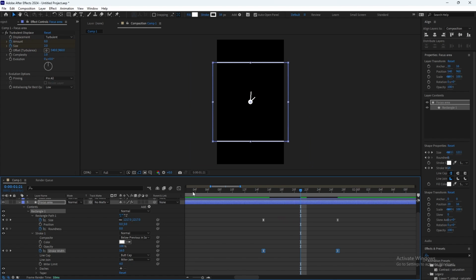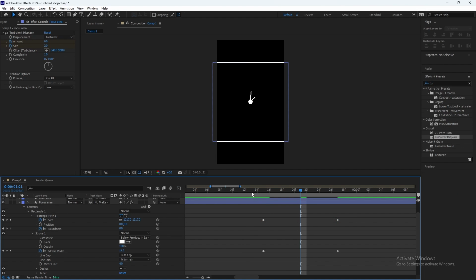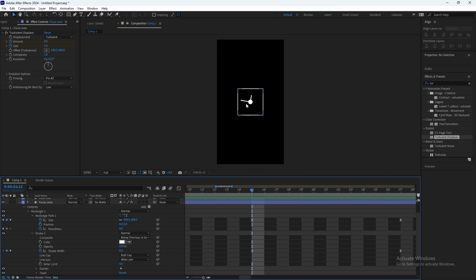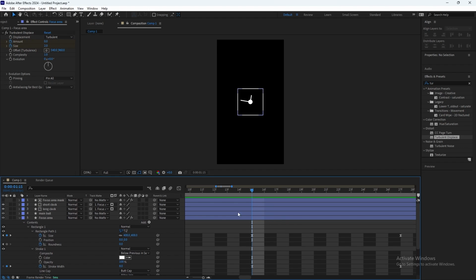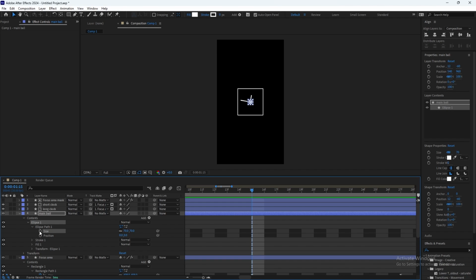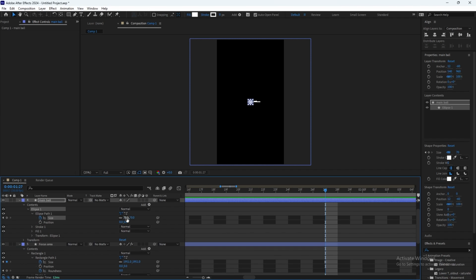Now just do something similar to the velocity we did in here. Yeah, that looks fine. And the last thing we need to do is actually two things. I want to make the ball a little bit bigger, so go here to size and 12 frames, increase it a little bit, like to 100.